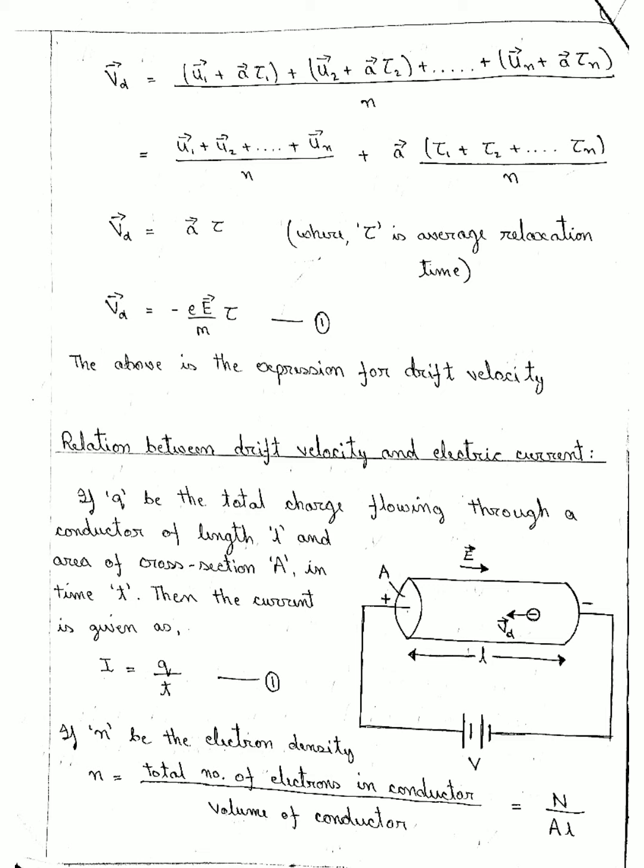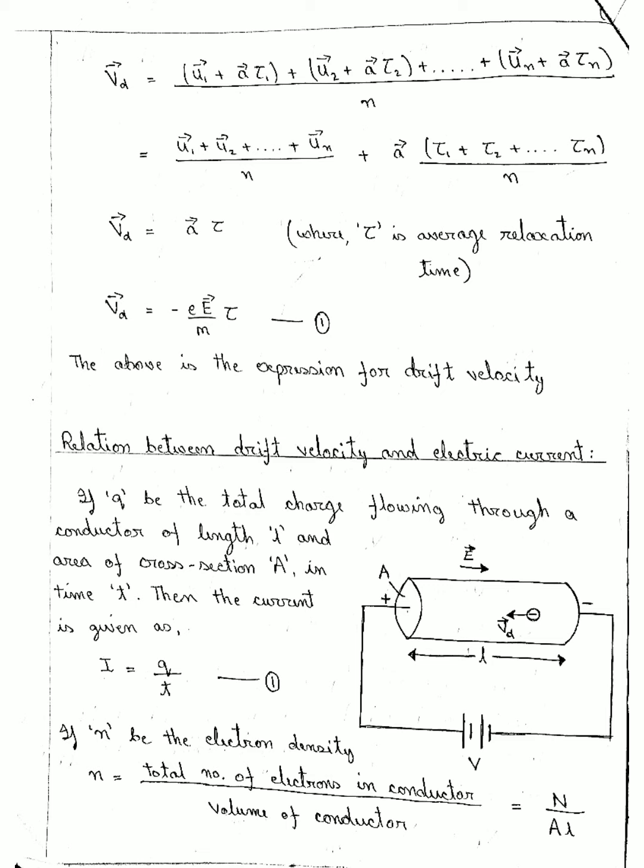tau, and this tau is known as the average relaxation time. And a, we have seen this formula. Your a is equal to minus eE divided by m. So the above expression, that is Vd is equal to minus eE divided by m tau, is the expression for the drift velocity. So here you need to remember this expression, and also remember